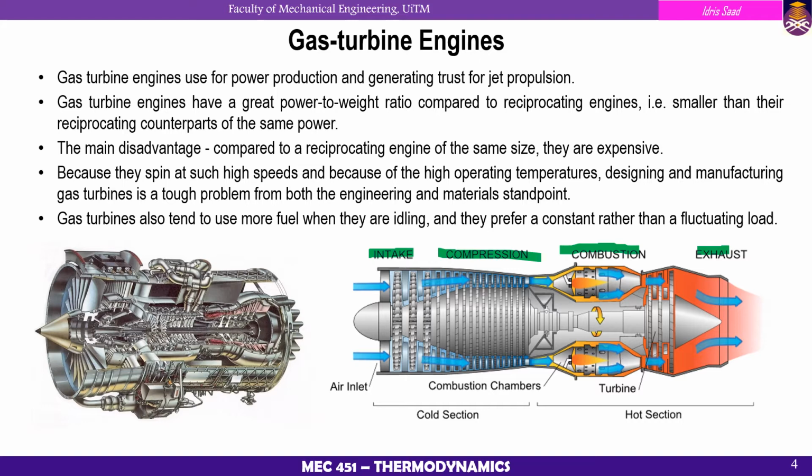The third process is the combustion, where the gas turbine engine uses the combustion chamber. And finally, for the power produced, the turbine is used before the burned gas is expelled to the surrounding. So at one instant, all of the power cycle processes are performed. This gives much faster power production than the reciprocating engine. This is the general explanation about the gas turbine engine as compared to the reciprocating engine.